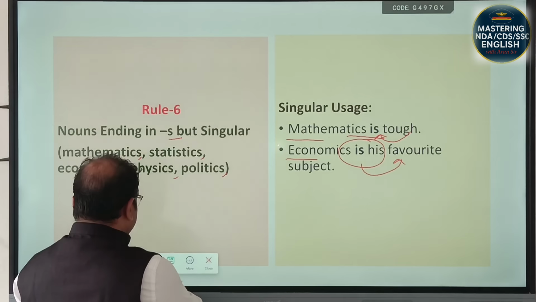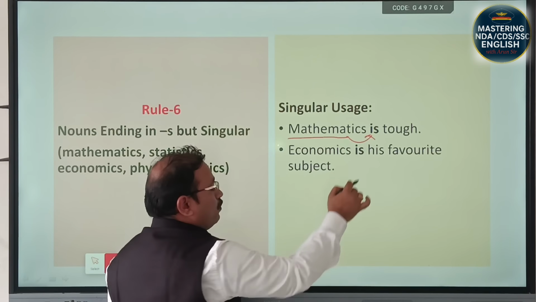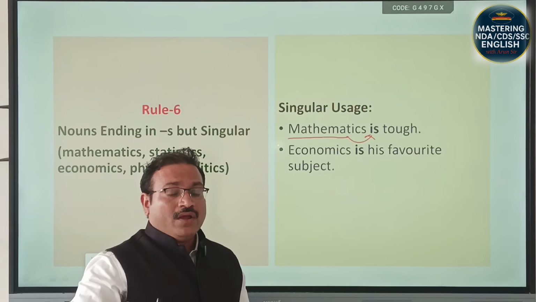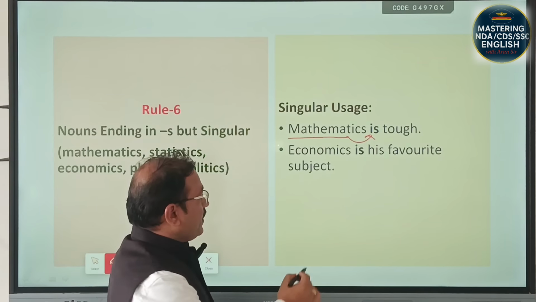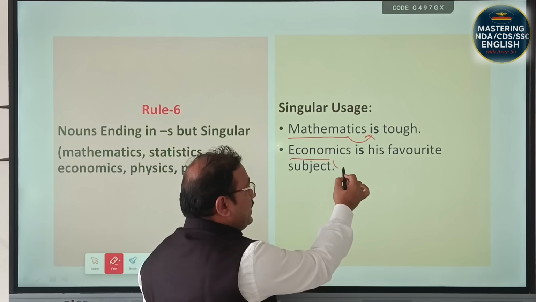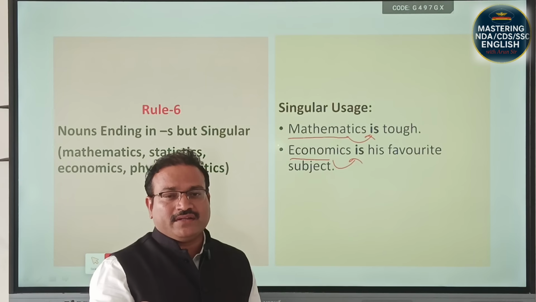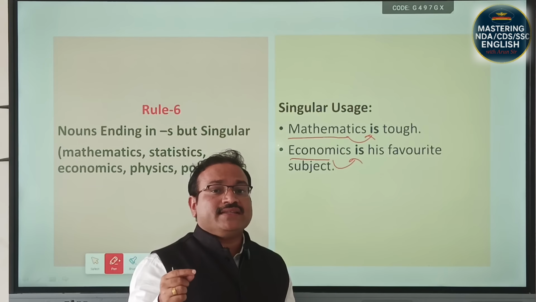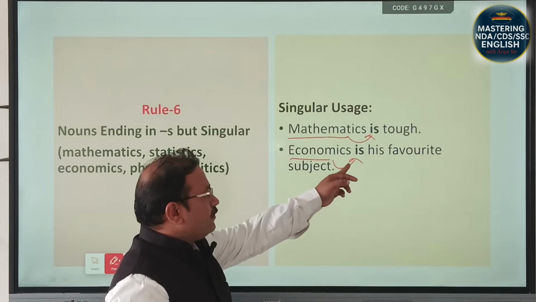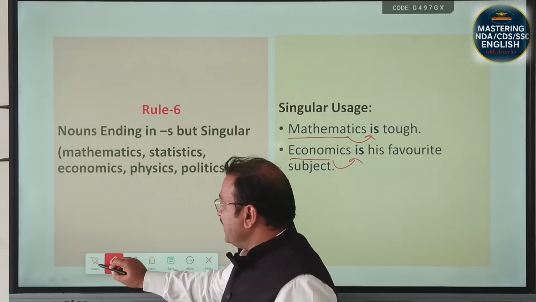Let's see. Mathematics is tough. Why is mathematics tough? Because mathematics here is the field of study. Economics is his favorite subject. Economics is a subject, a field of study, that is why it is singular and takes a singular verb. So the next rule is